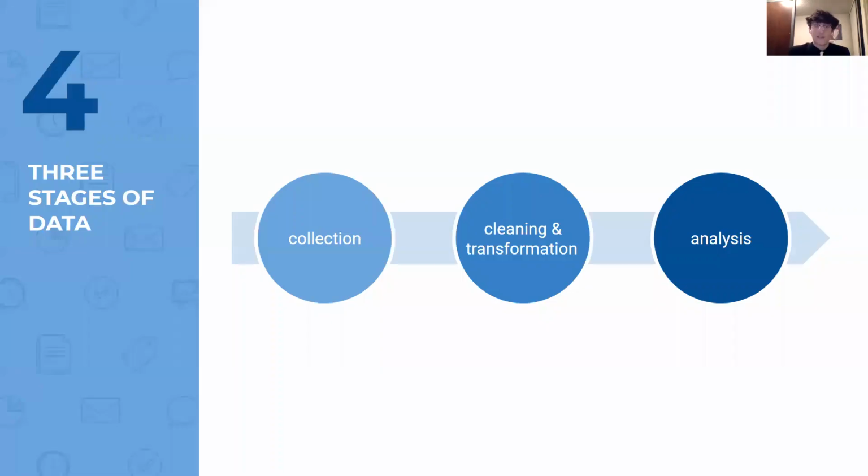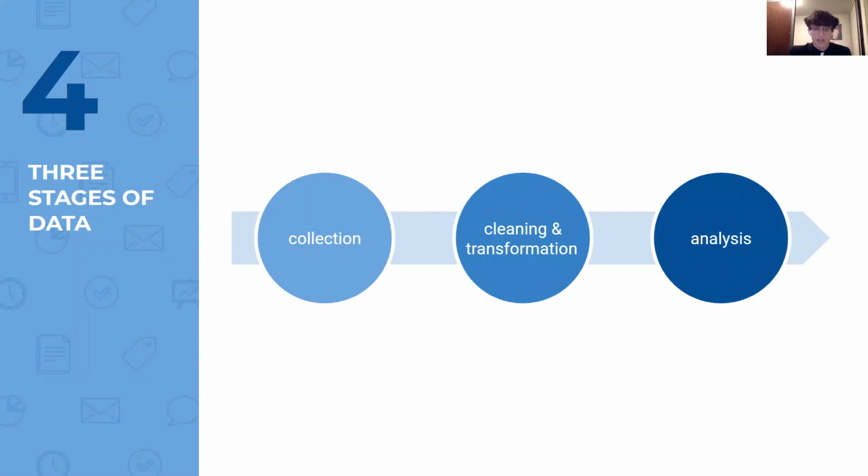The project itself went through 3 different stages. The first of which was data collection, in which I would actually run the experiment and request my data from Tinder. The second being data cleaning and transformation, in which I would pick and choose the data relevant to my project and convert the file format to something easier to analyze. And the third being data analysis, in which I would actually analyze the data and come up with an answer